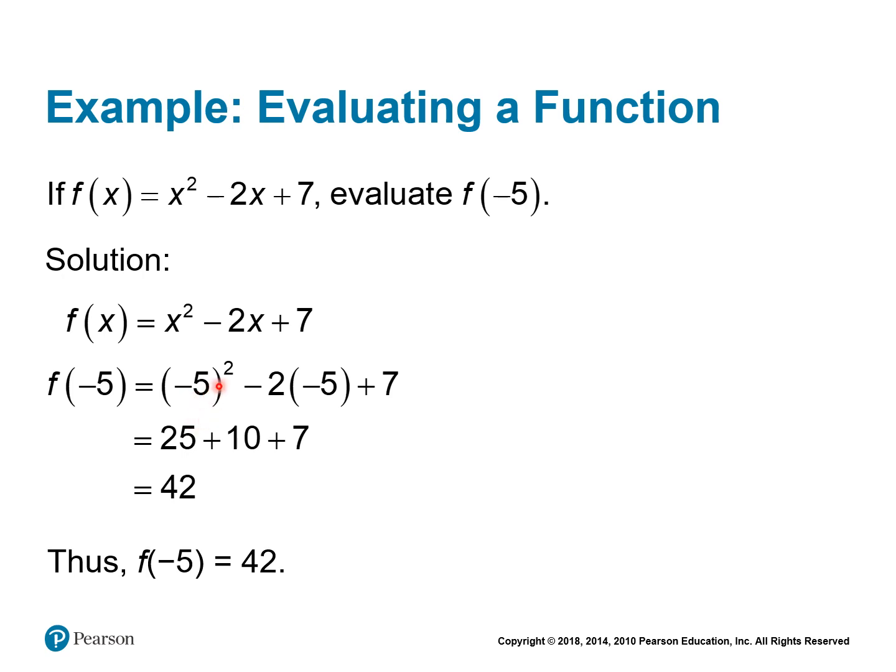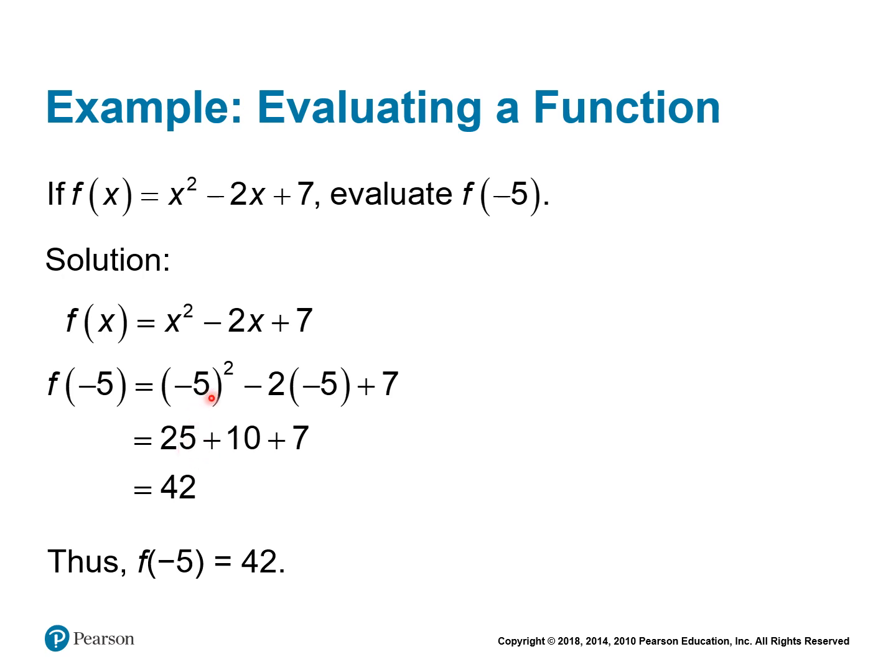So (-5) squared, whole squared, -2 stays as it is. It's a constant here, the coefficient of the second term. And then again we replace x. Wherever there's an x, replace it with the given value. Again you see they surrounded the -5 in brackets, plus 7 stays as is, and now they do the